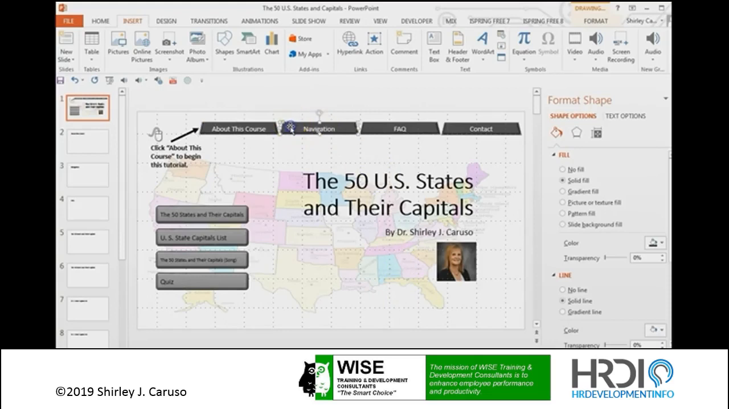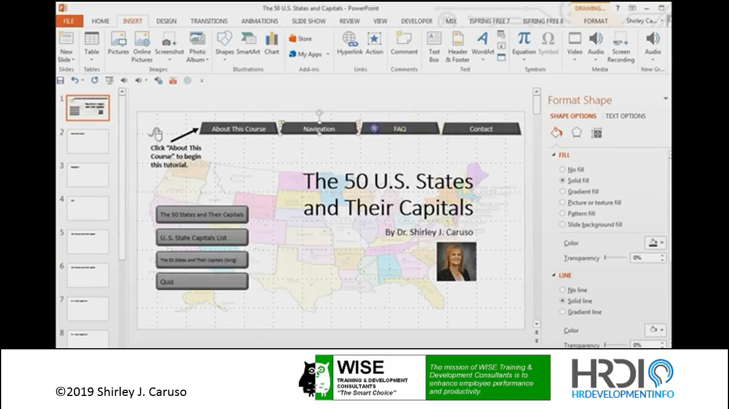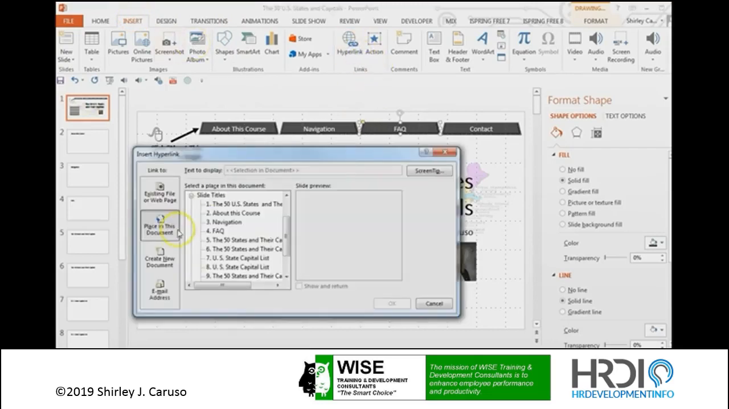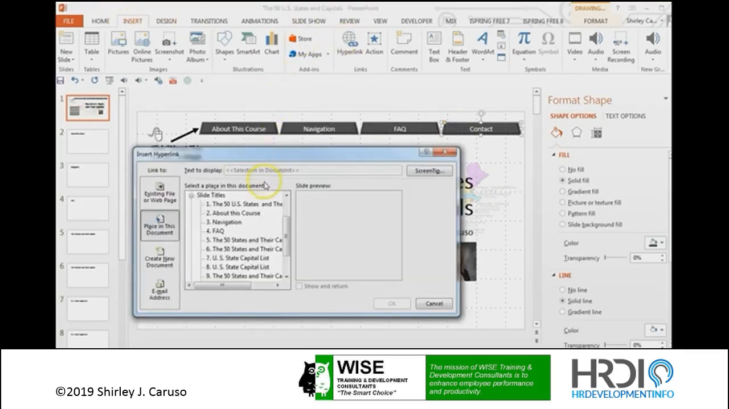And I'm going to do the same for navigation. Insert, hyperlink, place in this document, navigation. I'm going to go ahead and say OK. FAQ, insert, hyperlink, place in this document, FAQ, contact, insert, hyperlink, place in this document,